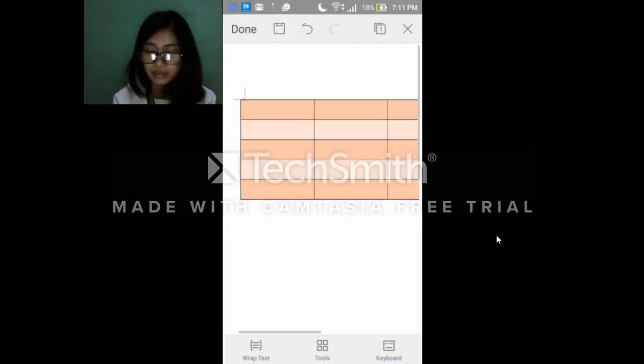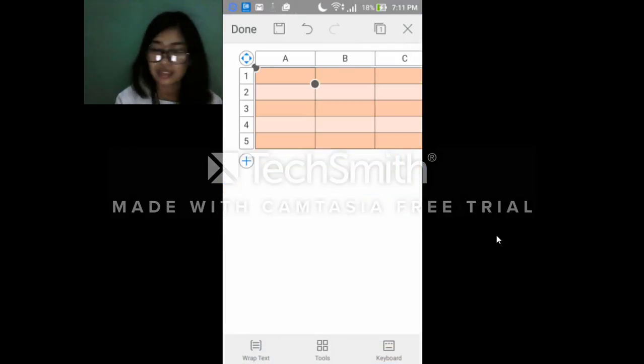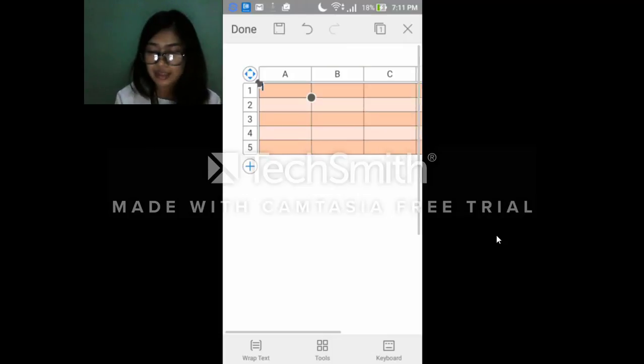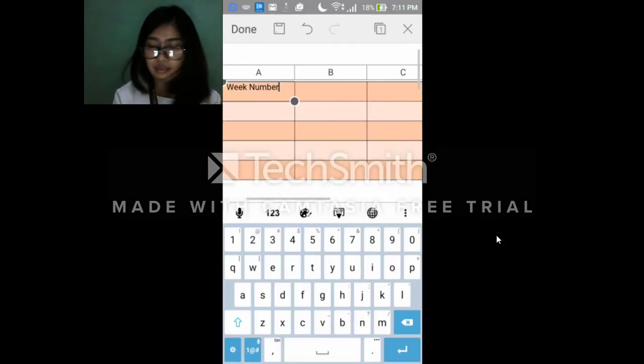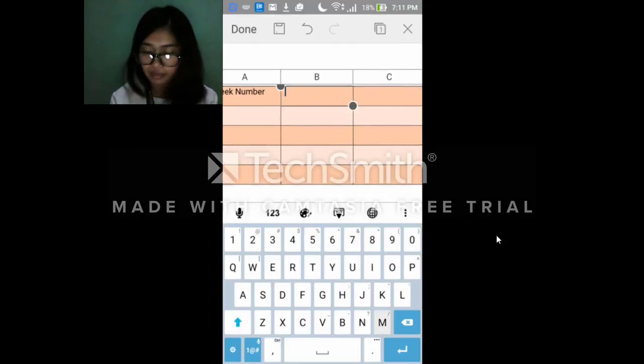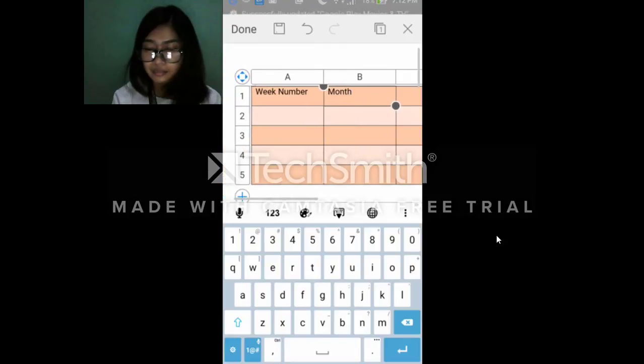There. To insert text in the table, just click the cell and type. Number, year, month, there. And if you want to merge cells, just highlight the cell